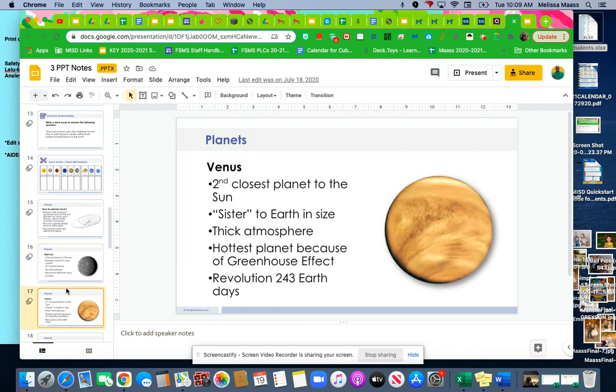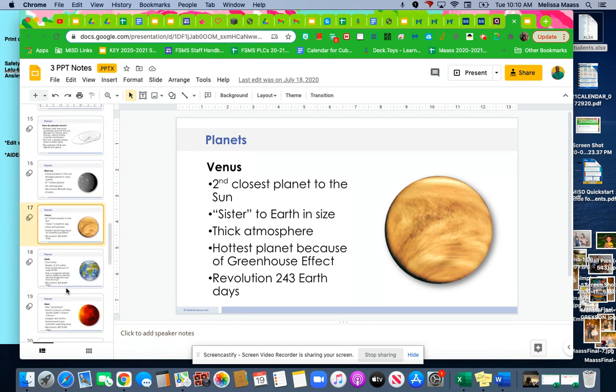But that's Mercury. When we move on to Venus, this is going to be the second planet closest to the sun. Venus is considered really the hottest planet because it's consistently extremely hot. I think it can go upwards, like you think of an oven at 400 or 450 degrees, that's burning hot. This is